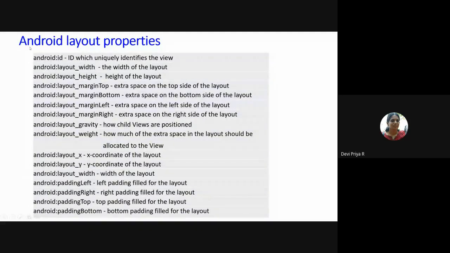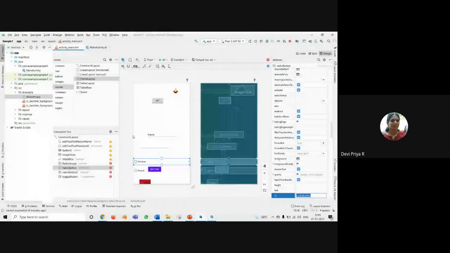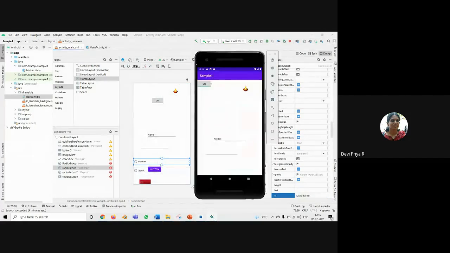So this layout width and height means the entire width and height of your layout. Even if your phone is 10 centimeter height and 5 centimeter width, you may need your items to be displayed only up to this point, that means 5 centimeter height and 5 centimeter width. So that can be given. That means in your phone size, how your items should be arranged. For example, this is the entire phone, right? But my layout has to be fixed only here. That width can be specified. That is the first thing.